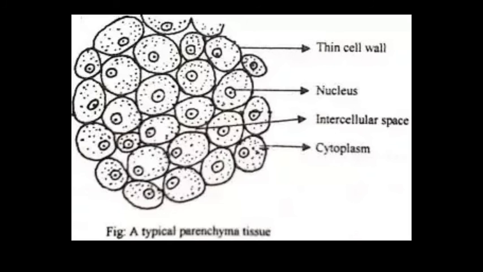Next one is collenchyma. This is collenchyma tissue. It is a living mechanical tissue. It has thick corners, localized cellulose and pectin thickening, and it provides flexibility to the plant to easily bend various parts of the plant, meaning the movement of the plant is due to collenchyma tissue. It is present only in herbaceous dicot stems. Few chloroplasts may be present, giving mechanical strength and elasticity to the growing stem.